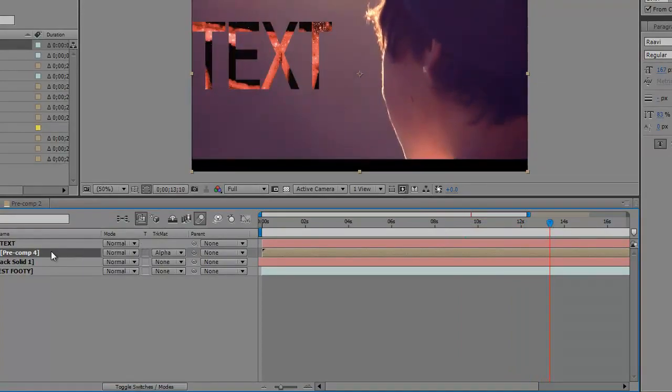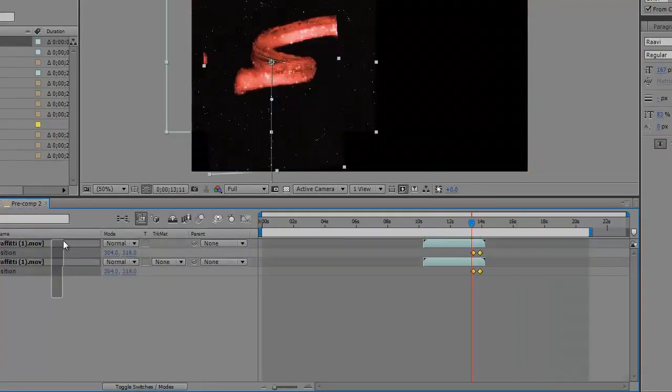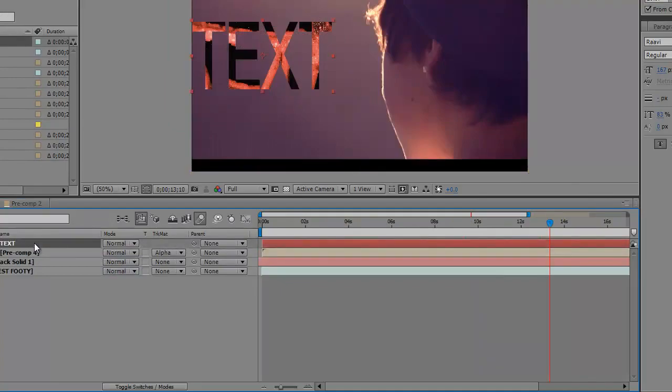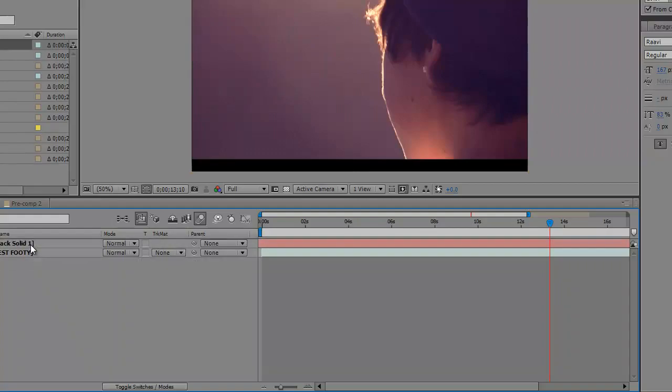And again, you could add effects to this or change the color or use something different. This is just like a quick example. What else was I gonna show you? Okay,